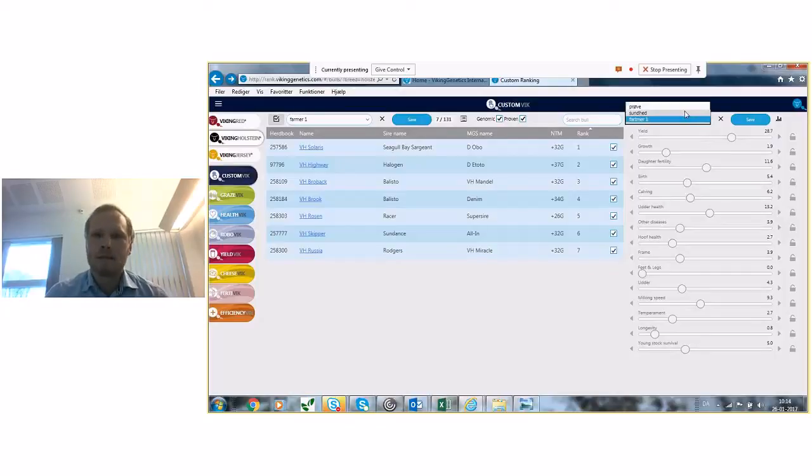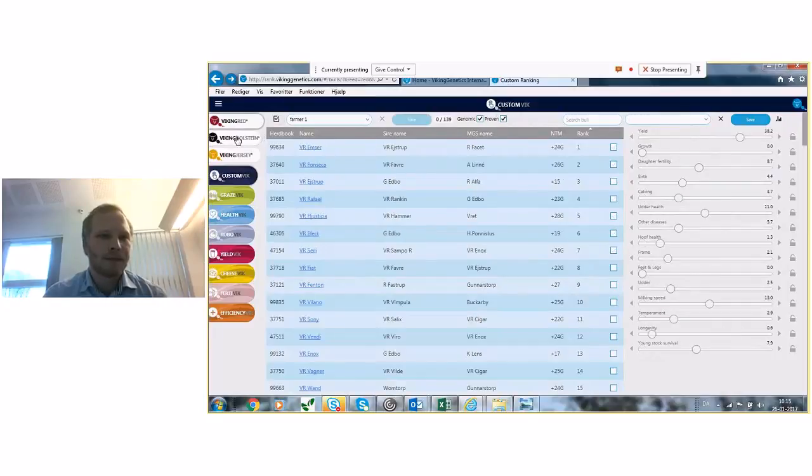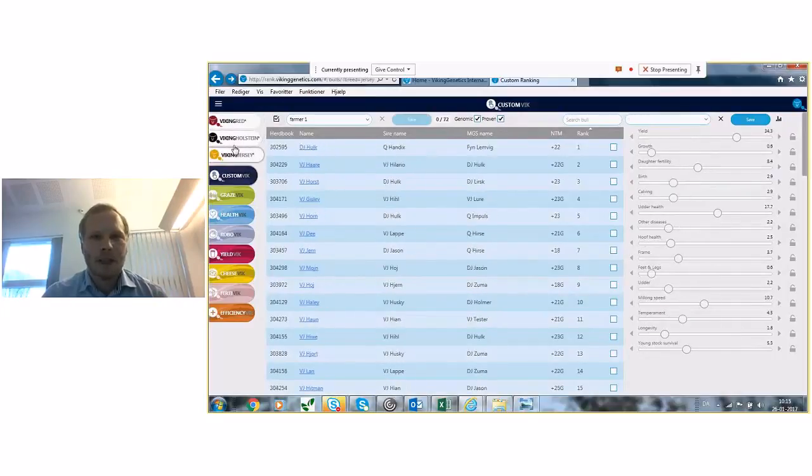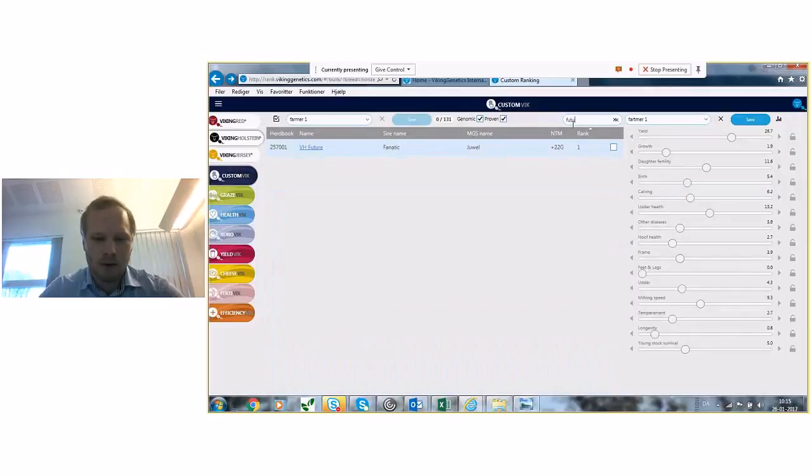And you can of course do this for the different breeds. And of course, we also have this one here, search bull. So if you just want to find a certain bull, you can look into, for example, here you look at future, then future comes up as the bull. So you can just save him then,